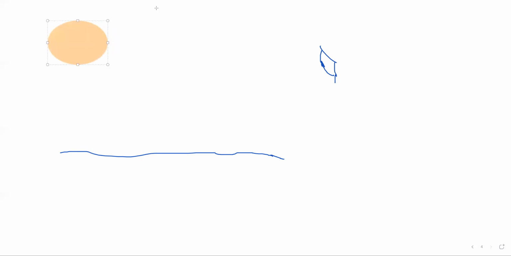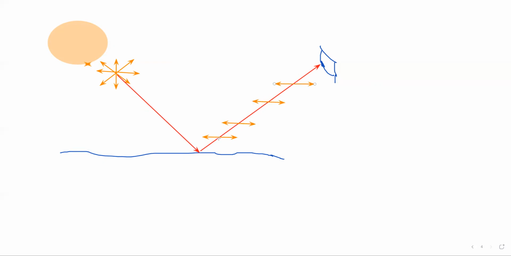The light coming from the sun is unpolarized light. It has many planes of vibration. When this light strikes the water and bounces back, reflected back from the water surface, not all, but a part, this light becomes partially polarized, partially horizontally polarized. It means the horizontal component is there and there's another component, but it is partially horizontally polarized.